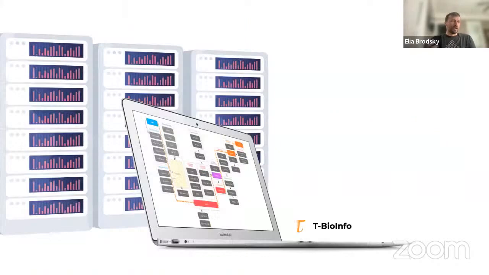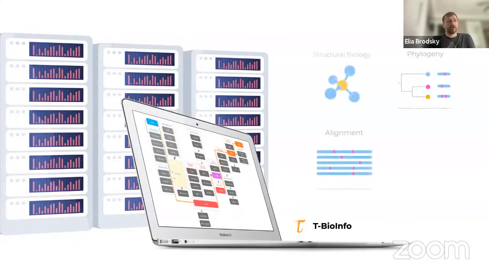So we've been working with the Tauber Bioinformatics Research Center, a center out of Israel, at the University of Haifa in Israel, that has been developing a comprehensive platform that allows anyone without the technical background, so a biologist or somebody coming from a life science background, to leverage these big data tools to be able to process, analyze, visualize, and integrate a lot of these types of omics data.